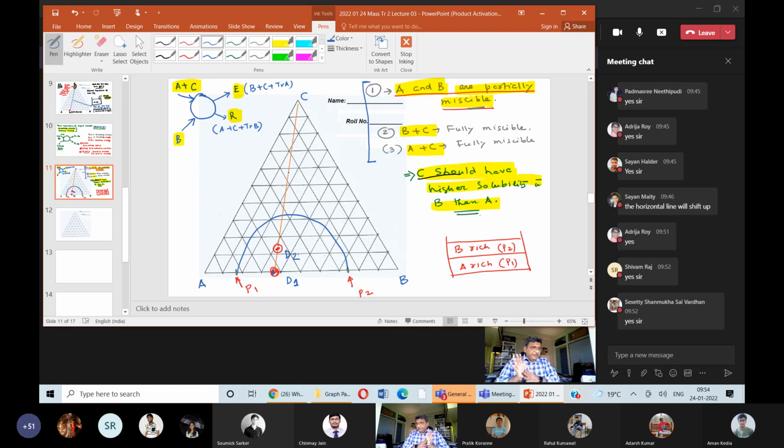What do you think will happen at point D2? So what is the difference between D1 and D2? Initial composition was D1. Overall composition D1 physically does not exist anywhere. And now you have added some C into that, and the total composition has got to point D2. Is this clear to everyone? And now, what do you expect will happen at D2?